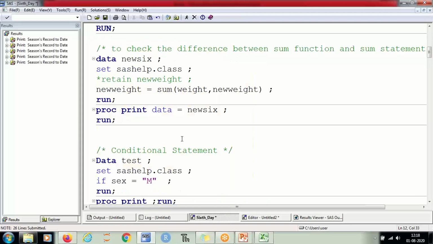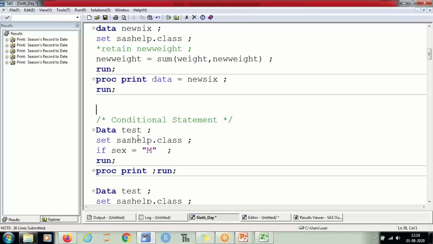And this is conditional statements, right? We have used one short example in our previous class, but today we are going to learn it in detail. So for a conditional statement, whenever you use if, it will act accordingly. So we are using the set statement to read our existing data set, right?